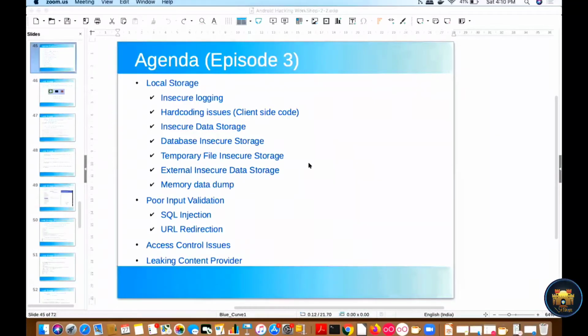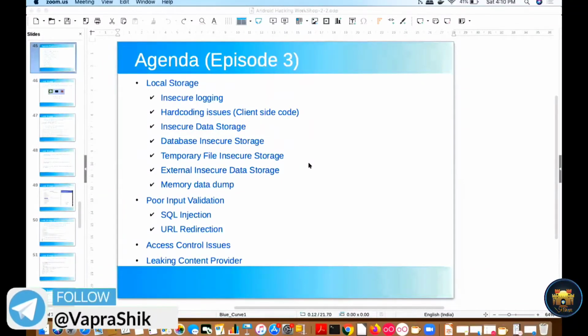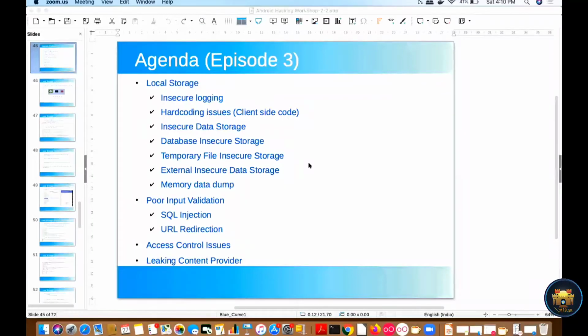And in the second episode, we covered the Burp Suite configuration setup, how to set up the Burp Suite certificate in your Android device, and what challenges we face during our configuration. Then we covered the decompilation of binary as well as the decompilation of Kotlin applications. Okay, so that's what we have covered till now.